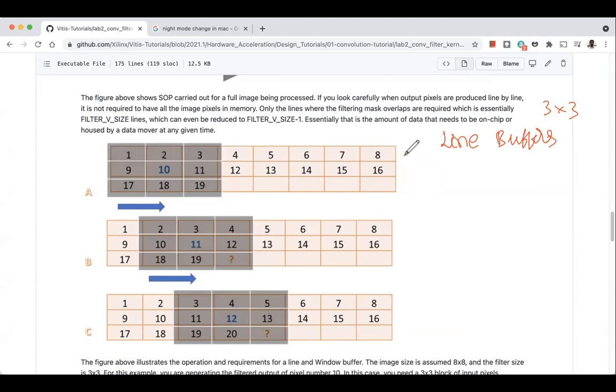These first 2 rows we store in what is called a line buffer. Then in the next clock cycle, we fetch the next data, and we move this filter window to the right by one. The interesting thing is we require only one new data item. Earlier we were talking about getting 225 new input pixels.